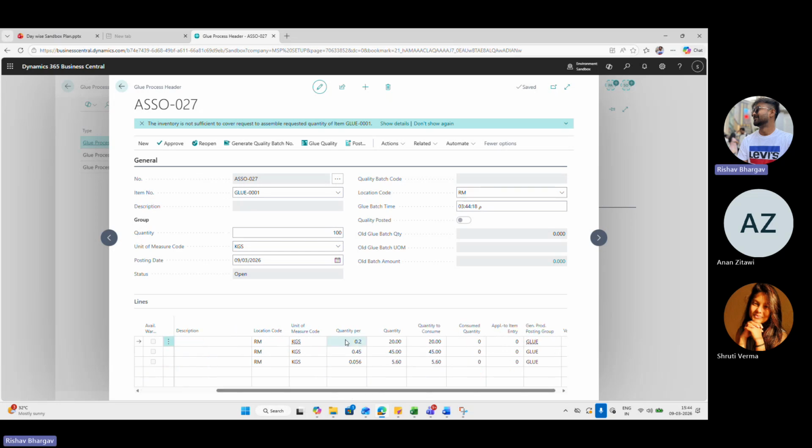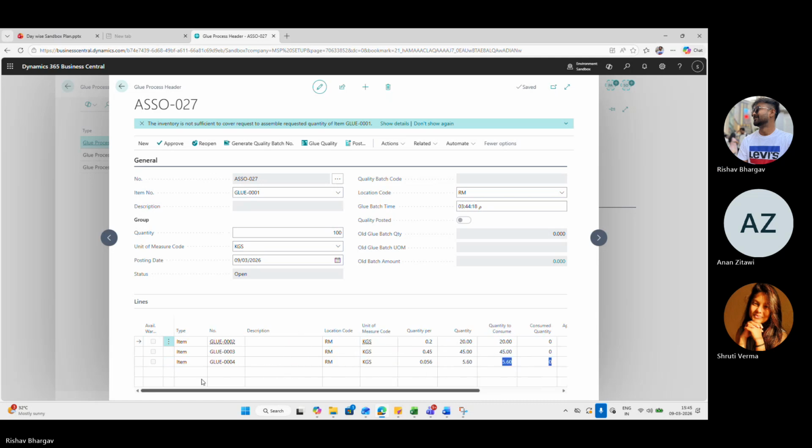The quantity per, like we discussed in the ink process, is defined in the assembly BOM. Quantity per and the quantity to consume will automatically be calculated. For glue 1, the step that we don't have in the ink process is that we have to generate a quality batch number first.